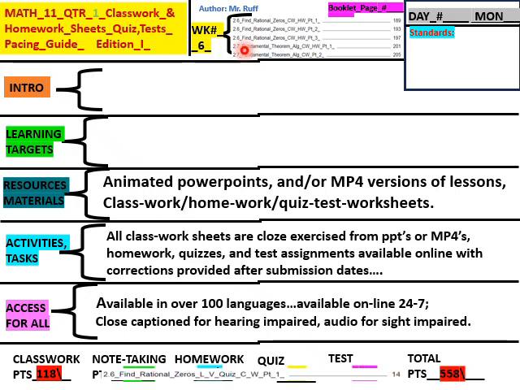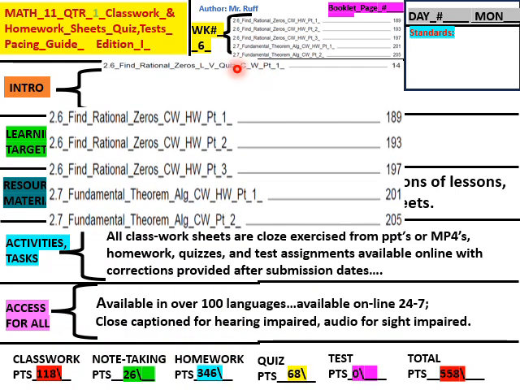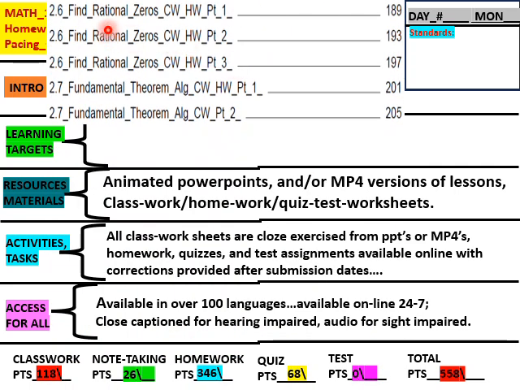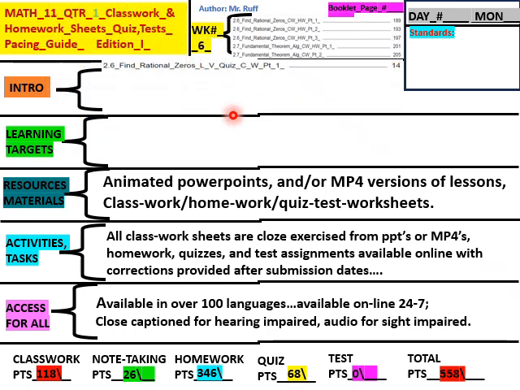And our lessons for week 6 are 2.6, find rational zeros, classwork, homework part 1, part 2, part 3. And then 2.7, fundamental theorem, classwork, homework part 1, classwork part 2. And then we have a quiz here, 2.6, find rational zero quiz. And then our standards include